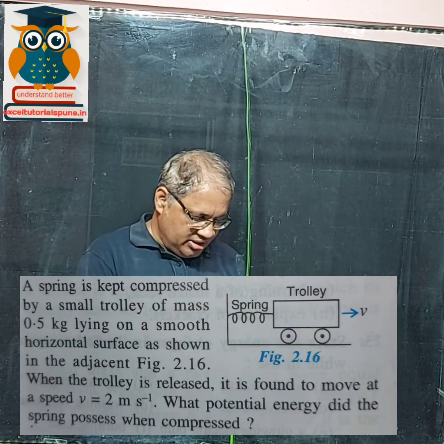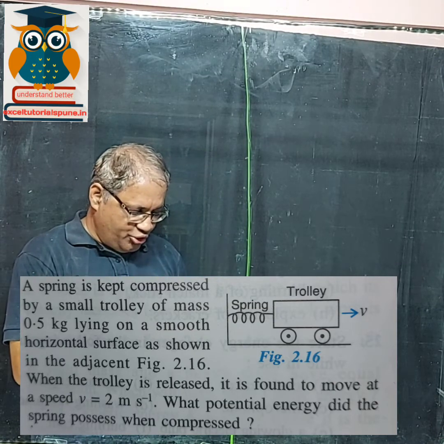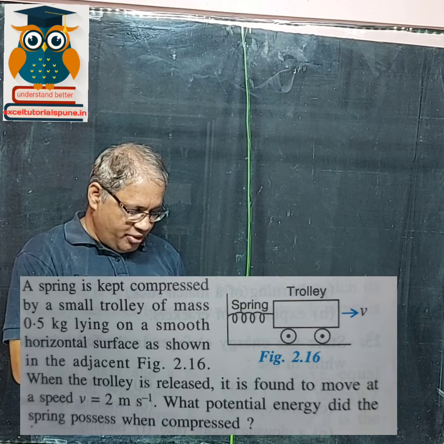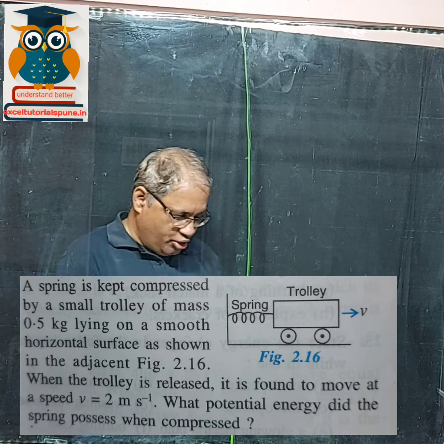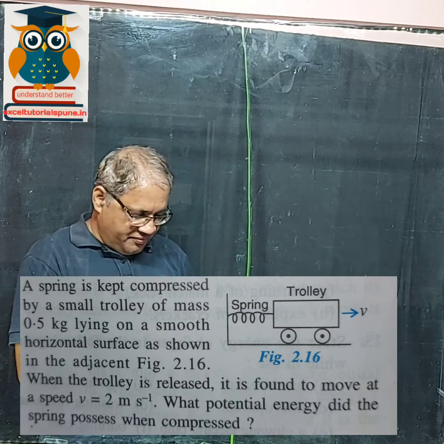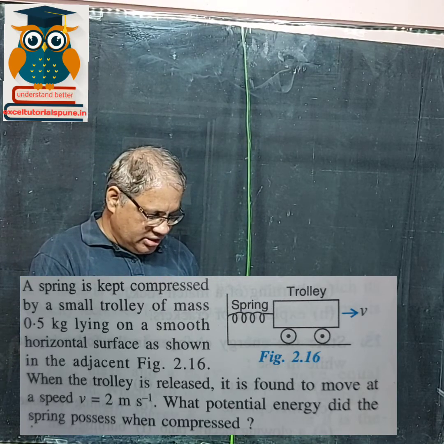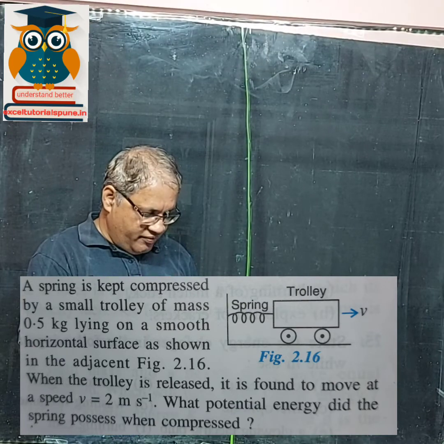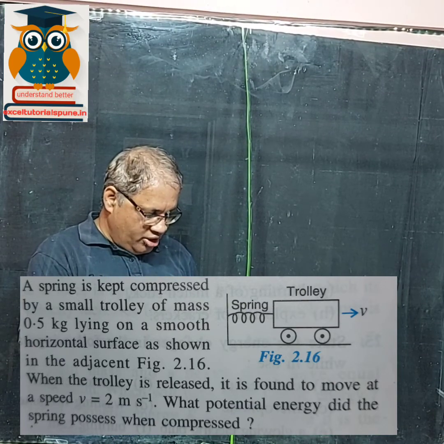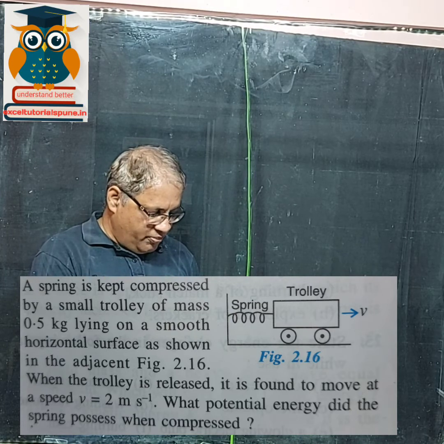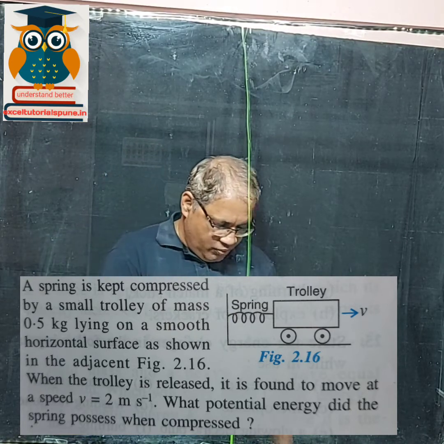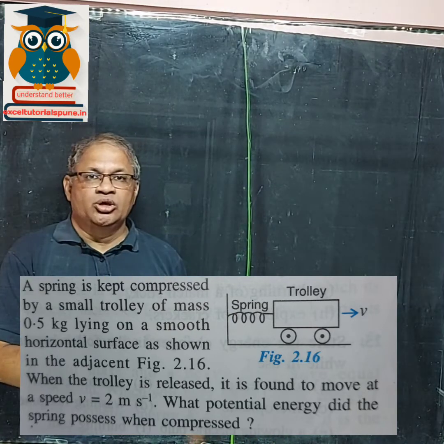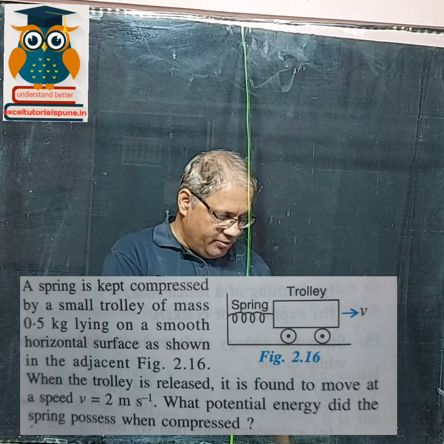A spring is kept compressed by a small trolley of mass 0.5 kg lying on a smooth horizontal surface as shown in the figure. When the trolley is released, it is found to move at the speed of 2 meter per second. What potential energy did the spring possess when it was compressed? So over here, if you see the figure,